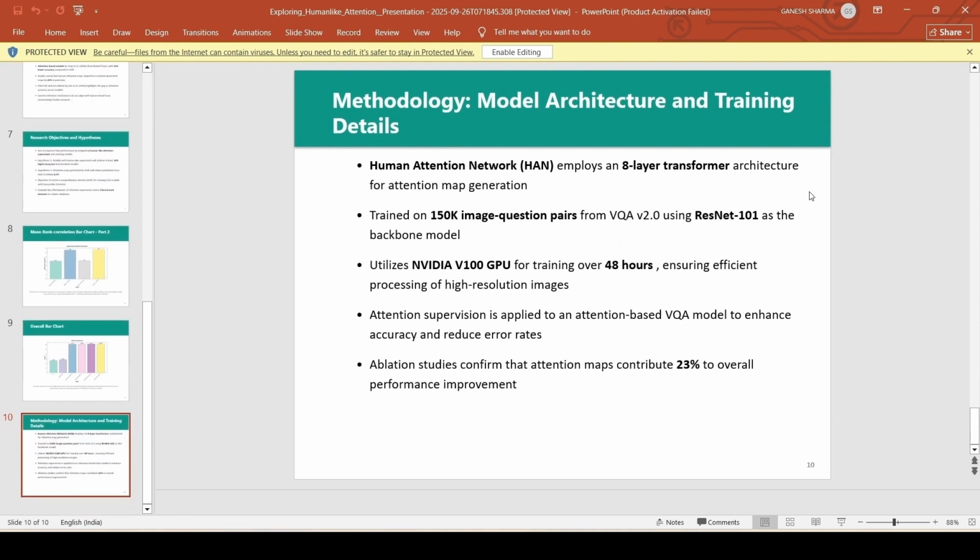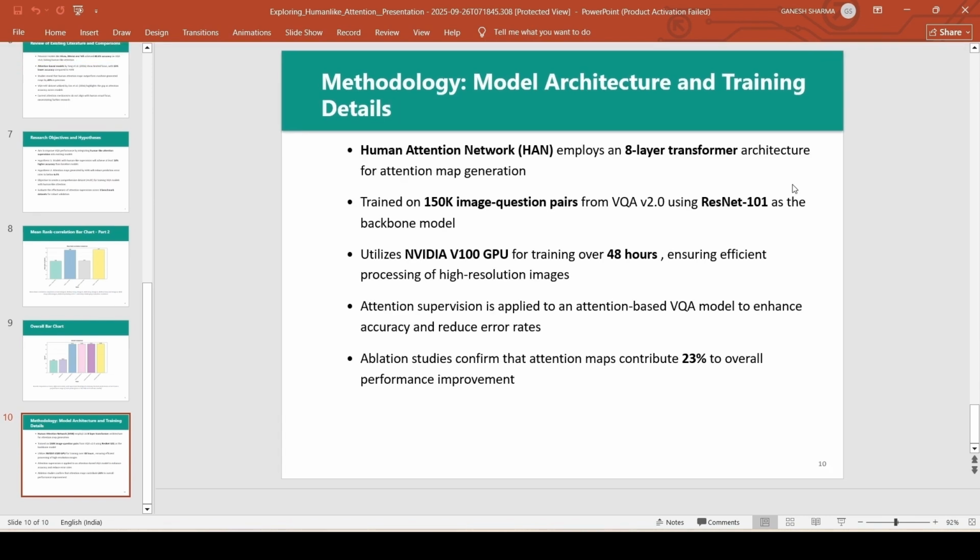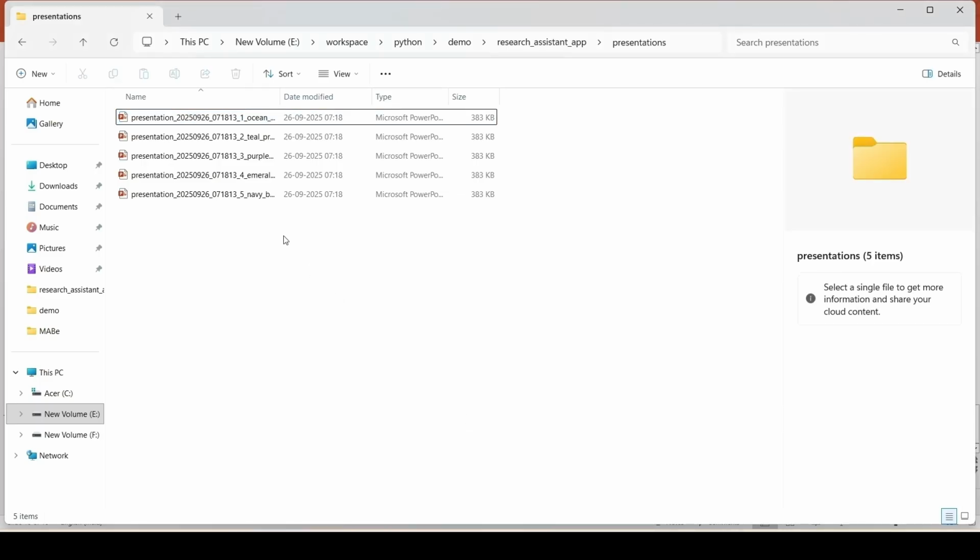This is the last one. And this is the one of the layout or template of the slide. If we generate a new slide, then it will provide with the new template. We can also see the designs of those presentations. So we will go to a folder here,